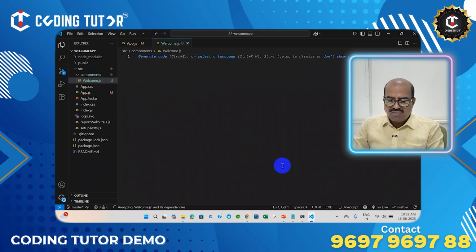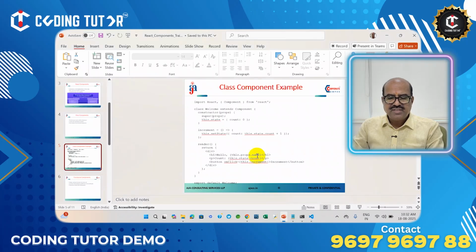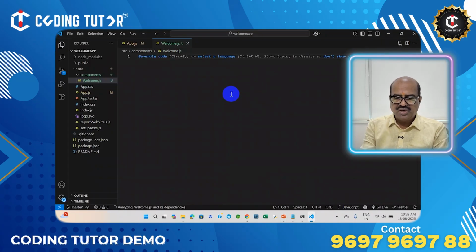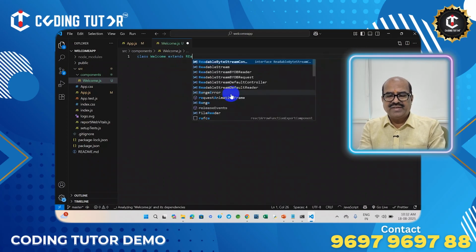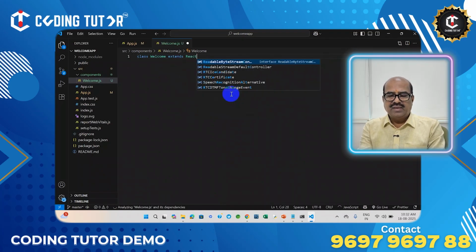There are two types of components. Just now we were discussing, right? There are two types of components available. We are going to use the class component first. So how to create a class component? I'm going to use a class component whose name is Welcome extends React. So we are going to use